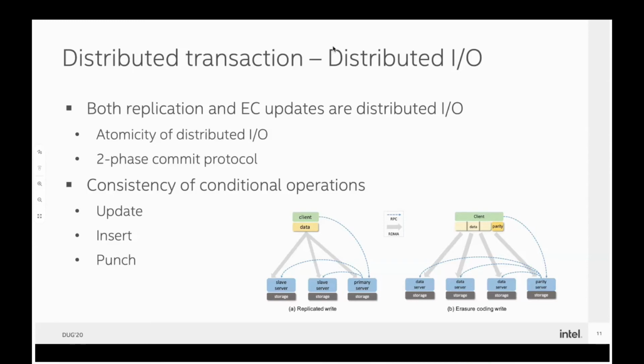The other reason that we need distributed transaction is that the initial DAOS API can only support upsert or merge, which means that it either updates the value of a key if the key is already there, or inserts the key and value pair if it's not there. However, while trying to support different middlewares, we realized that we should support conditional operations. For conditional update, we can run in insert mode and update mode, and they will fail if there is a conflict, like inserting a key which already exists or updating a key which does not exist.